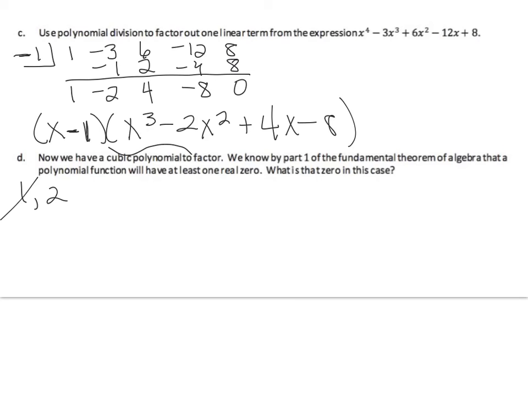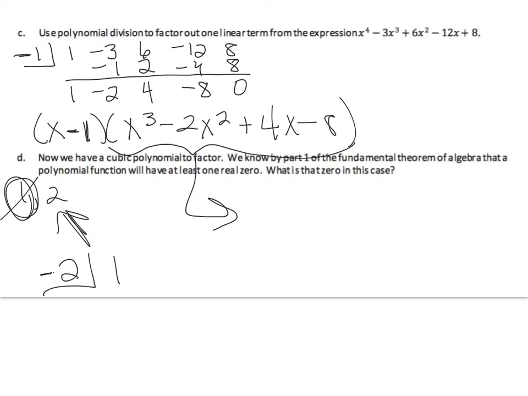So this polynomial function right here can have a zero at 2. The original one, we already used the zero at 1, so the one that's left, one of its zeros can be at 2. So I can actually use synthetic division on that cubic polynomial